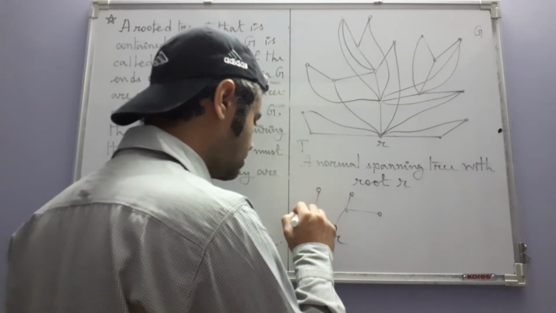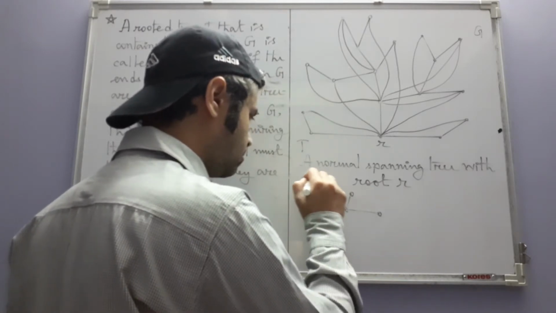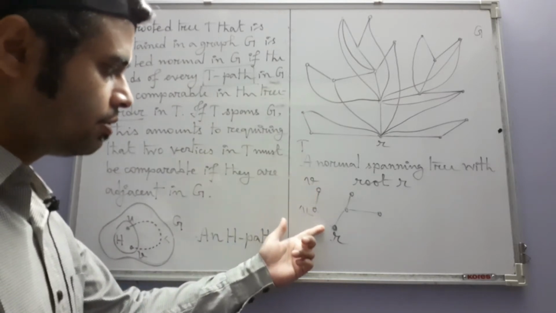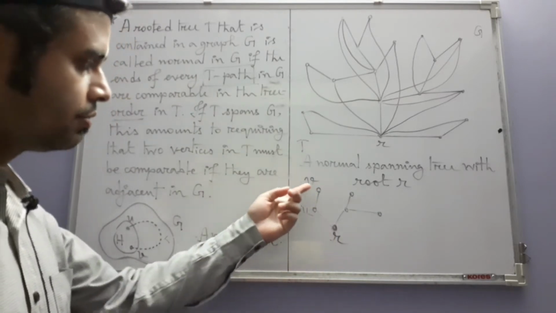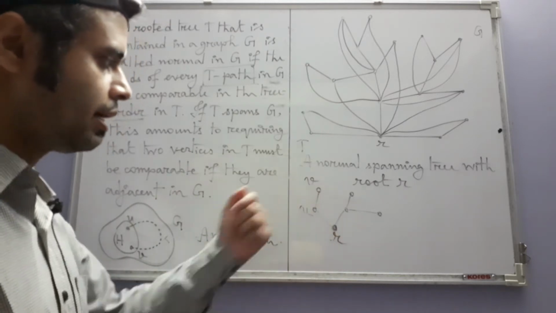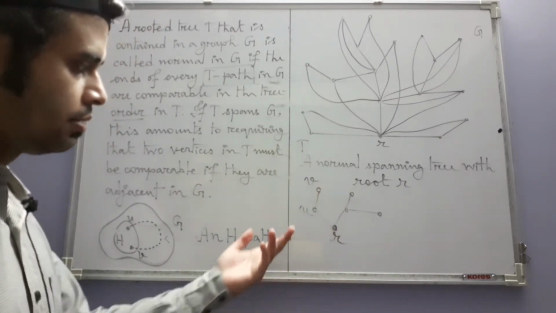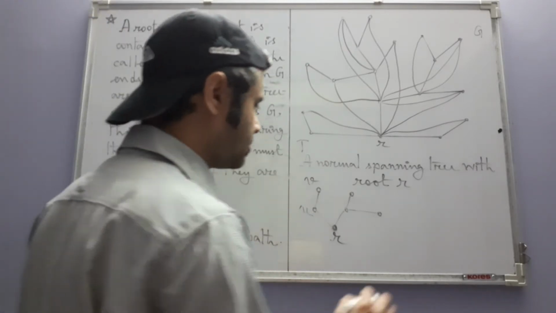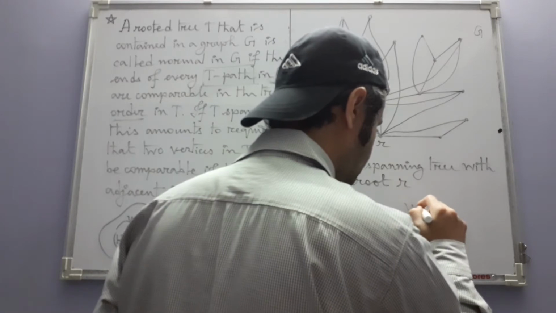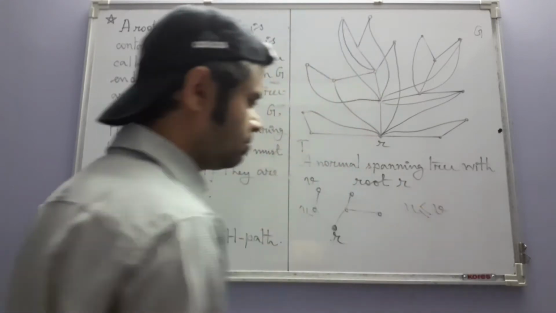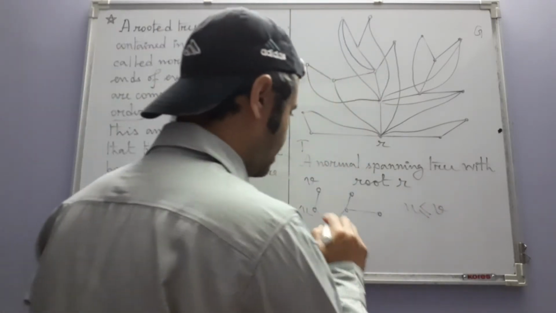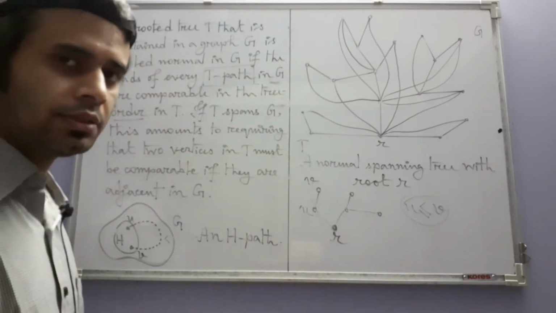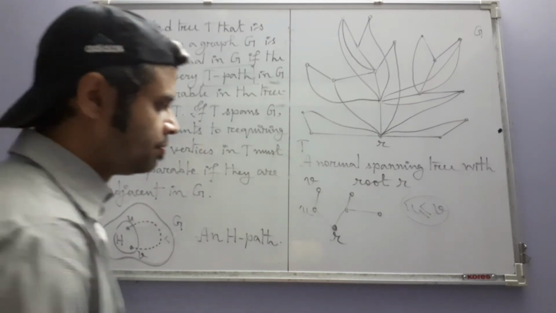Say you have two vertices u and v. Now we know that there is a unique path. You look at this example itself. There is a unique path joining the root and v, and that path contains u. Okay, when that happens, we say that u is less than or equal to v, and in this case u is strictly less than v because u and v are different,